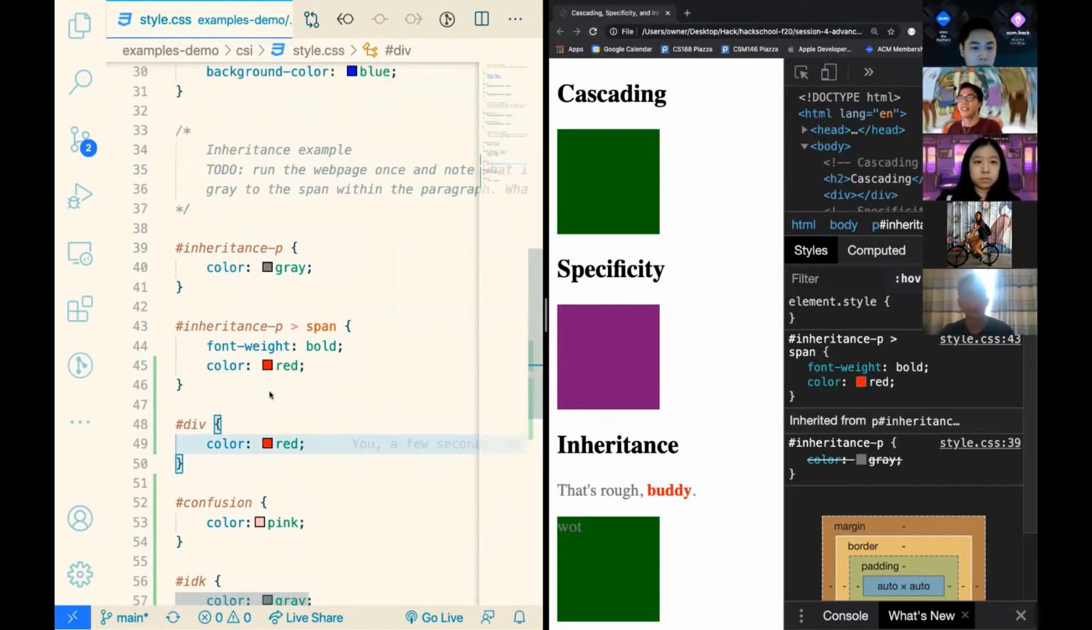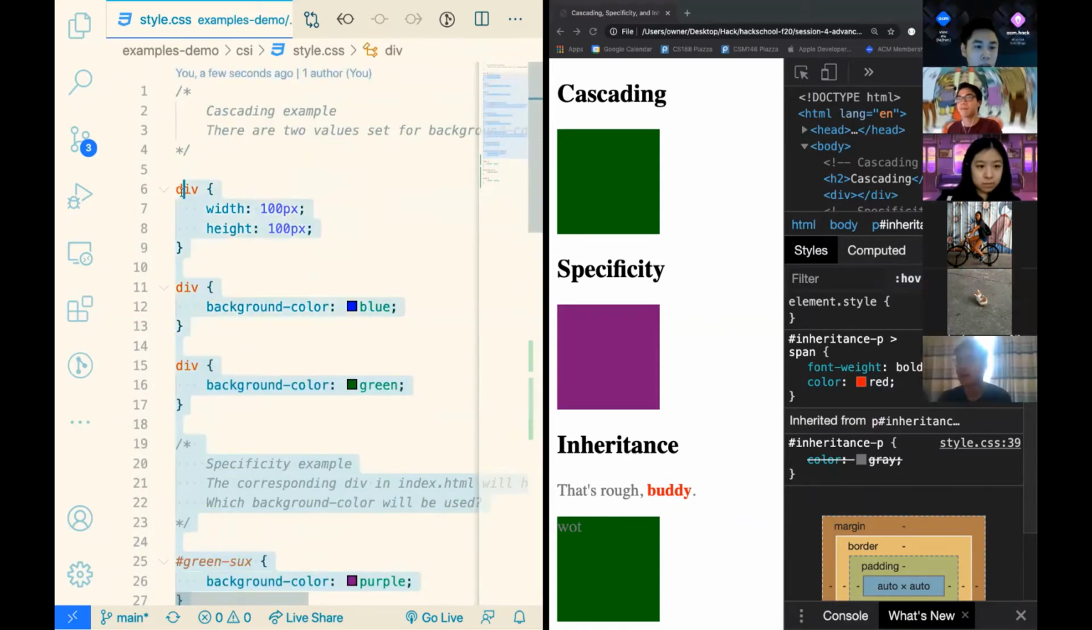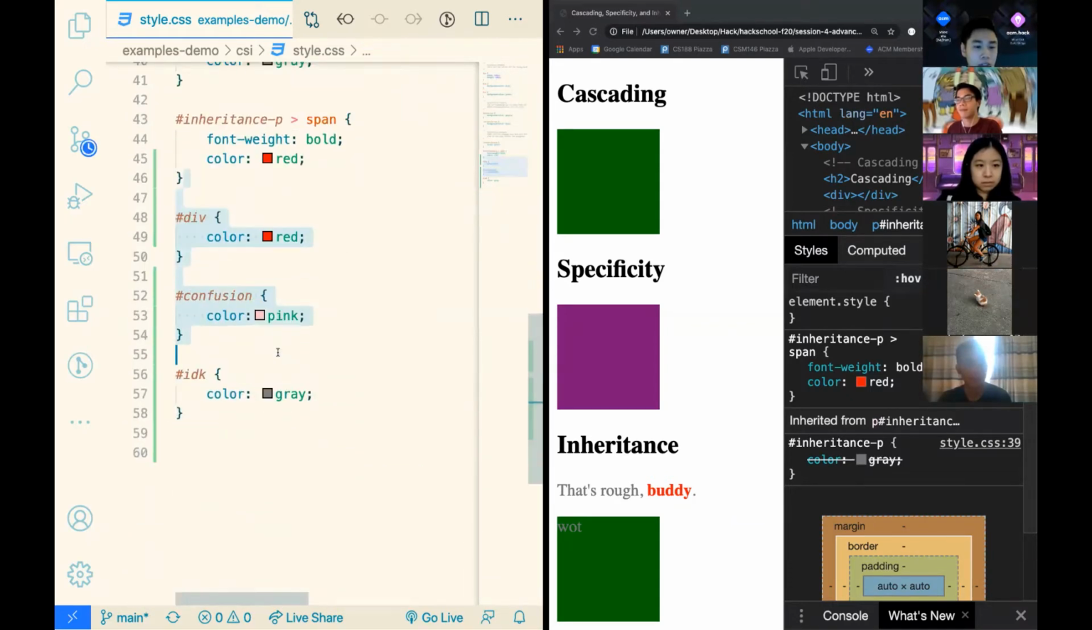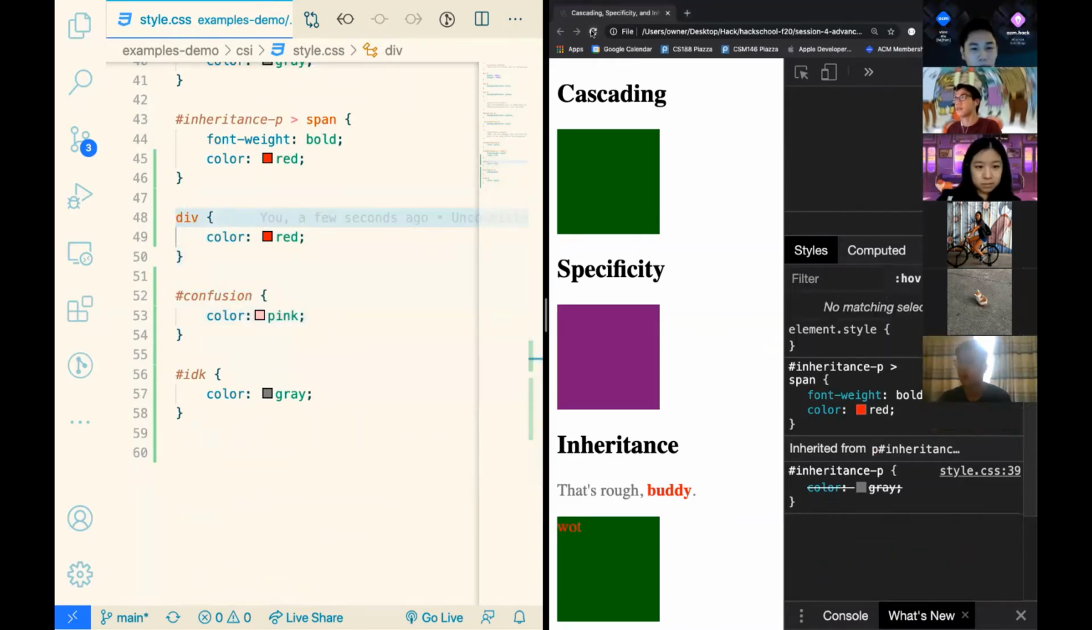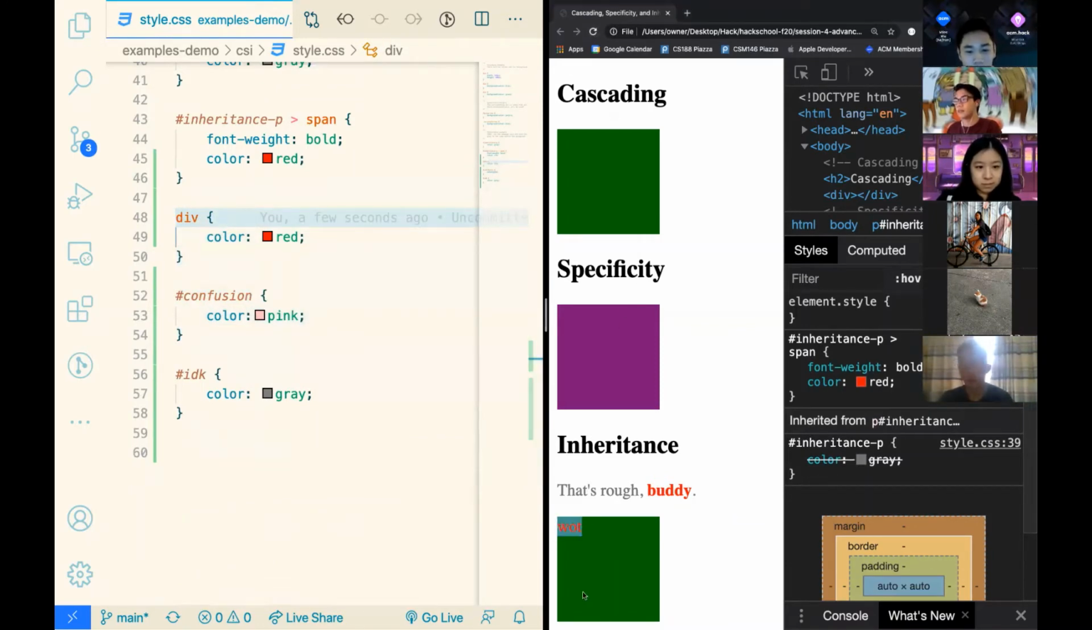Okay, let me comment out everything else. I think it's because you have a hashtag. You had a hashtag in front of your div. Thank you. So if I inspect the element,